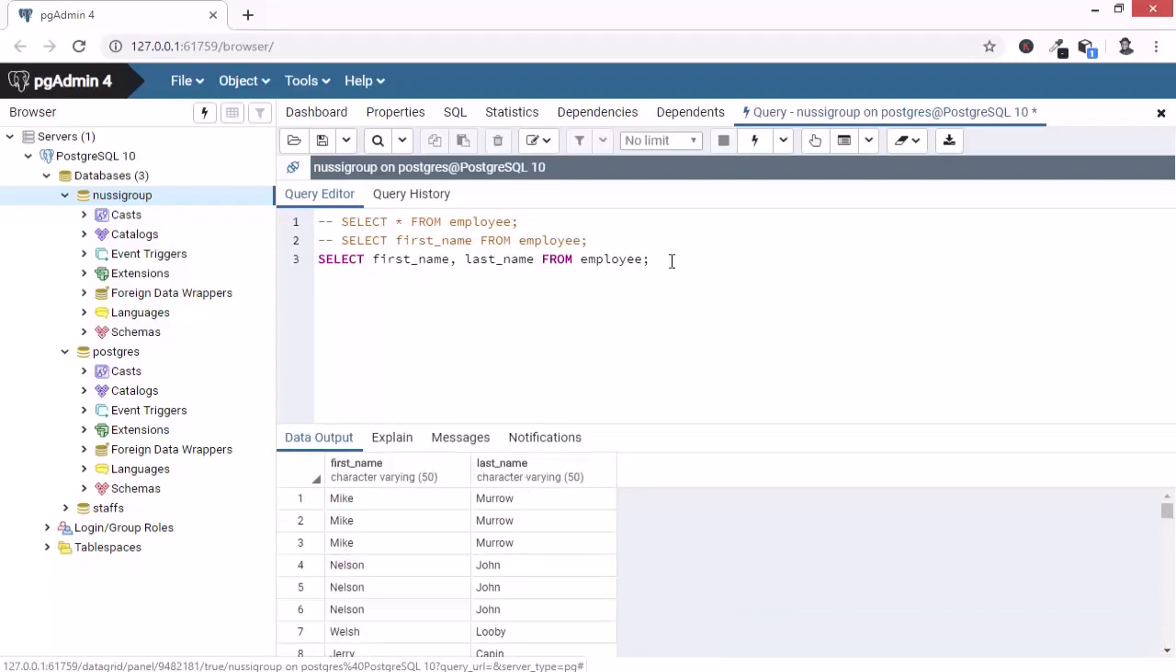And lastly, if I also want to retrieve the first name, last name, and email, I can simply say select first name, comma, and then last name, comma, and then email. So from employee table. If I hit execute,